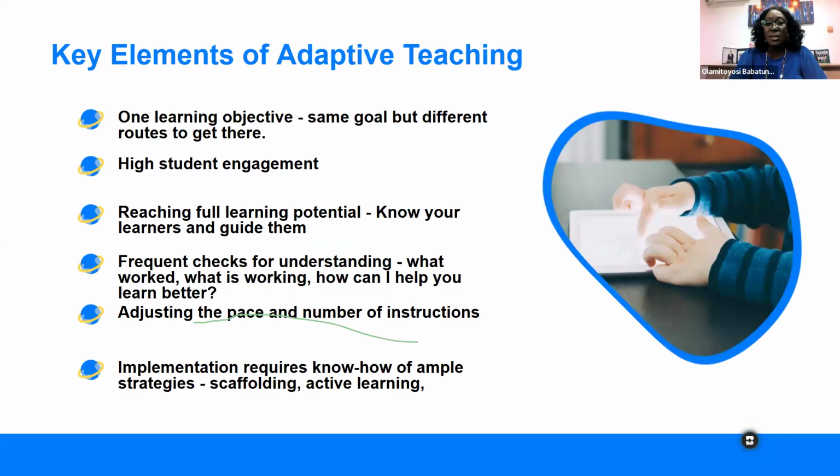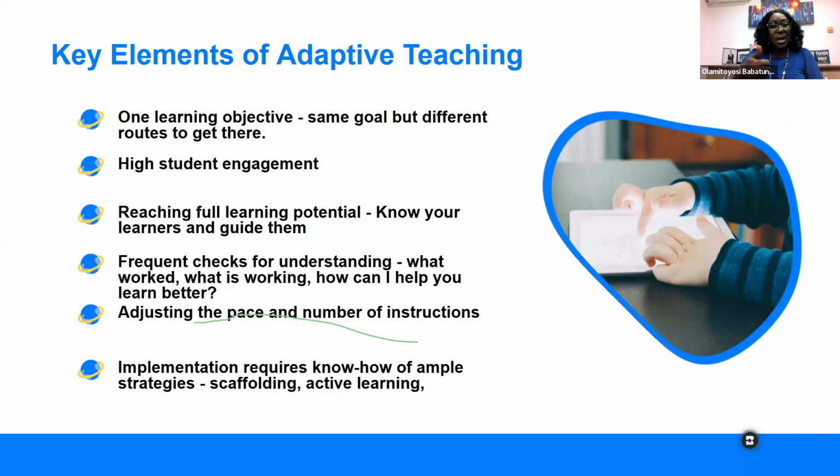So the key elements of adaptive teaching. Number one, we have one learning objective, the same goal that we are heading towards. However, we are providing different routes to get there. What in UDL, Universal Design for Learning, we refer to as multiple means of engagement, multiple means of representation. We are giving them different ways to engage with the learning. So we understand that for this learner, this works better. For this learner, this works better. It's still the same lesson plan. We simply deliver it in multiple ways